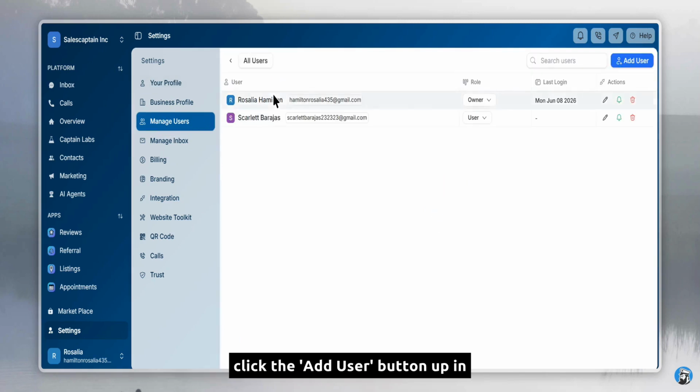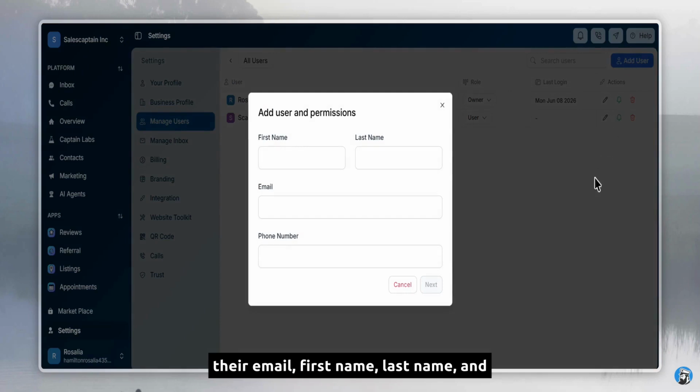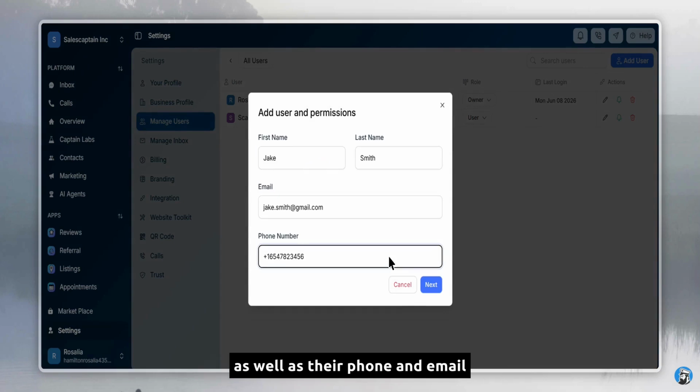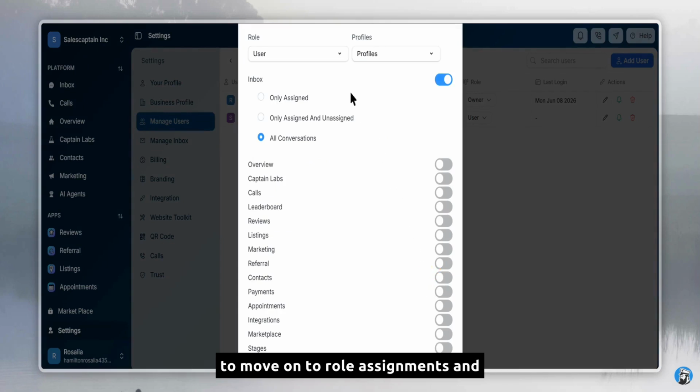Now click the Add User button up in the top right corner, and you'll see an invitation modal pop up with fields for their email, first name, last name, and phone number. Go ahead and type in your team member's first and last name, as well as their phone and email address in the fields provided. Click Next to move on to Role Assignments and Permissions, where you can set their role